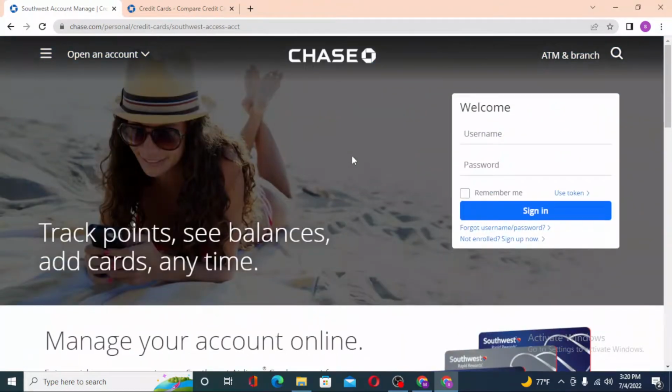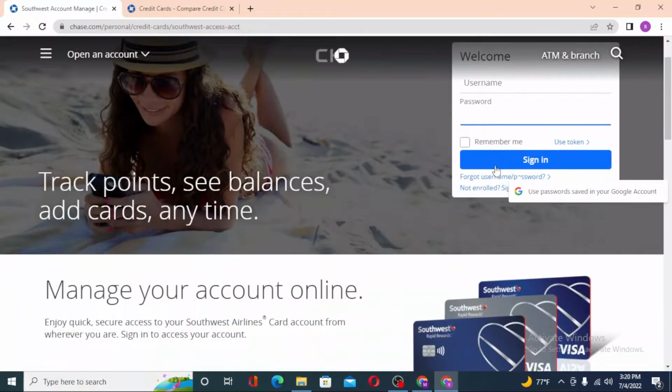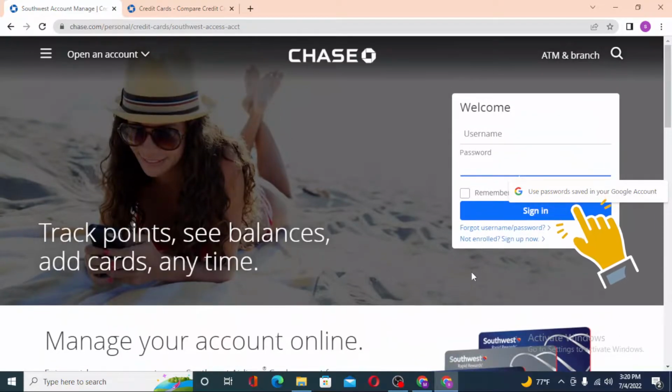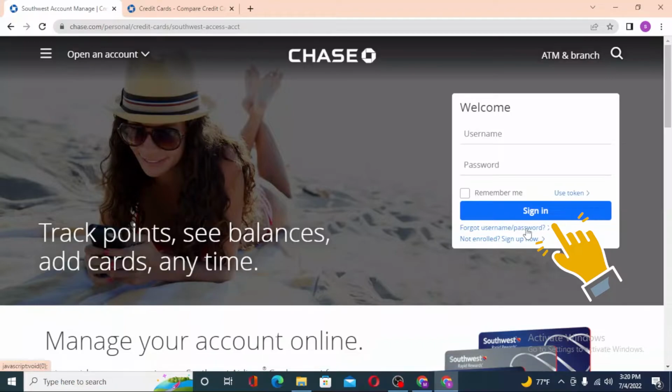And now to log into your SouthWest Visa card from this site, which was opened by Google, enter your username over here and enter your password over here, and after that click on sign in to log into your SouthWest Visa card account. Or if you have forgotten your username or password, click on forgot username or password here,